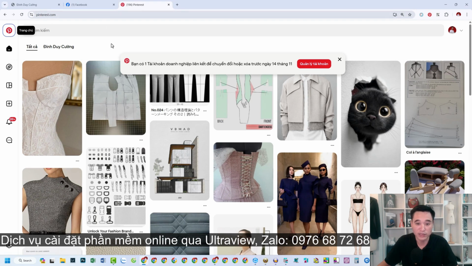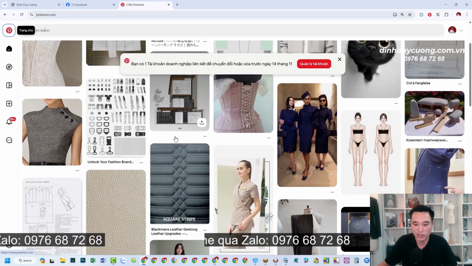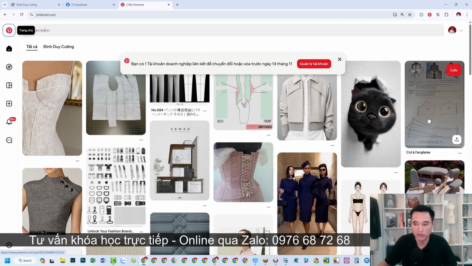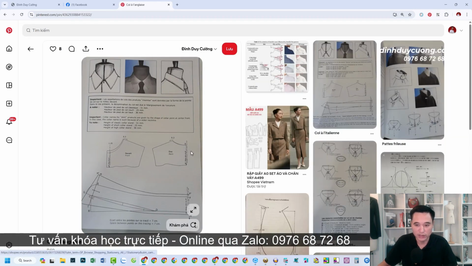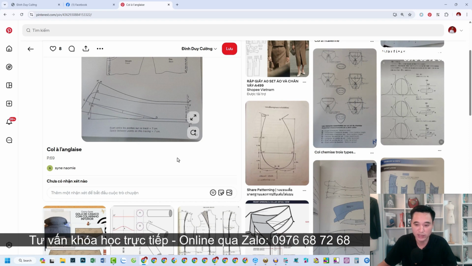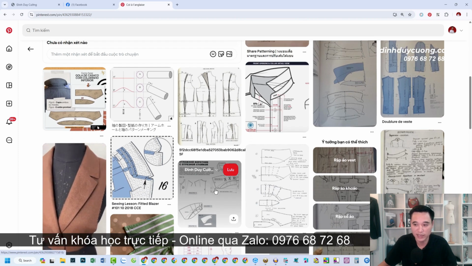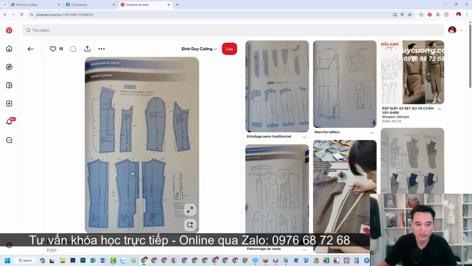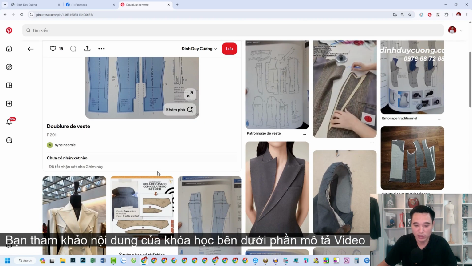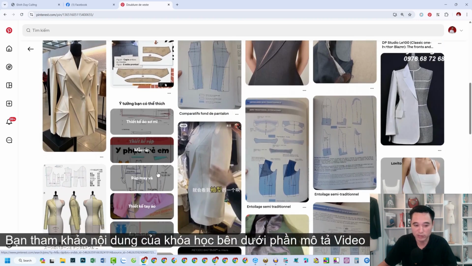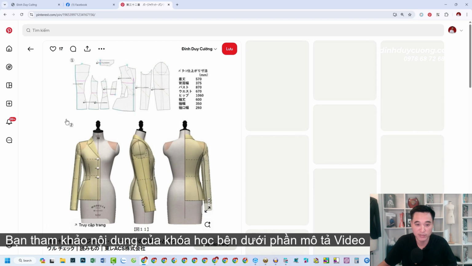If you want to get images like these, you can go to Pinterest.com to find a pattern from someone else. I think this is exceptionally useful and highly practical for those who are just starting to learn pattern design. You can go to this site and at first you'll search for a pattern from someone, then copy it. For example, take a look at this shirt here. But try to find a shirt that is laid completely flat, then copy it, and it will make the whole process significantly easier and more manageable.